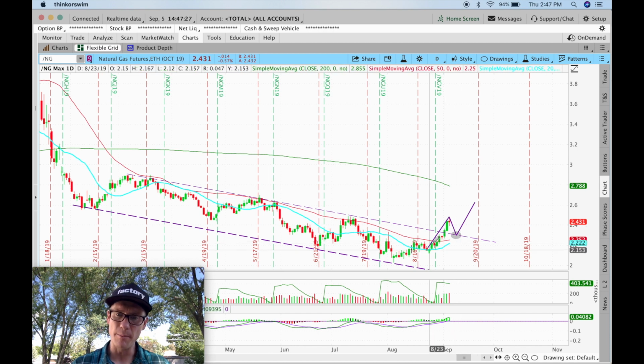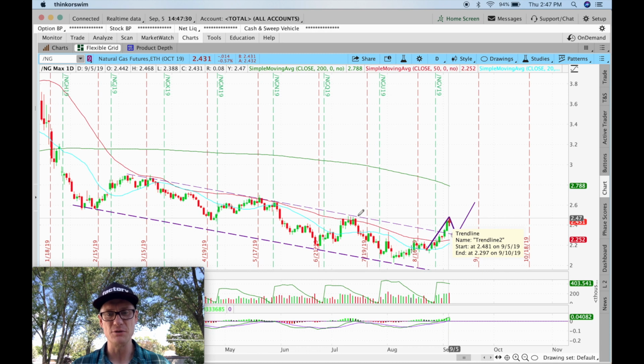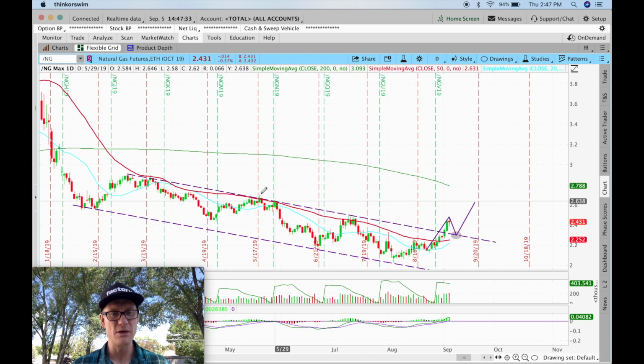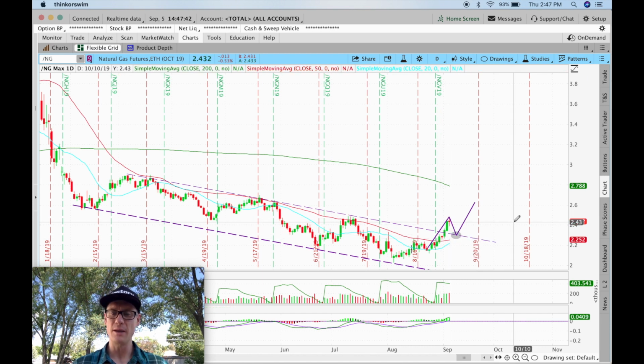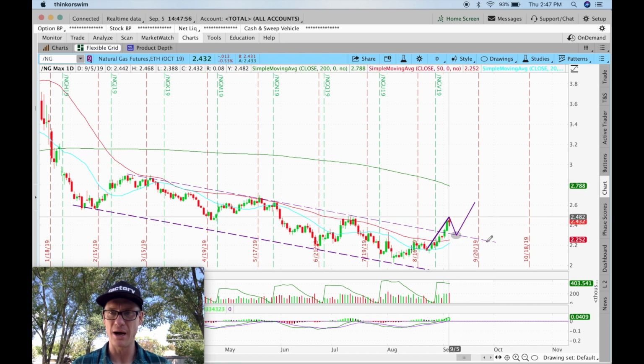So right now we're breaking up and getting a higher high, and that's relative to this point, this point, this point, and this point. We're getting a higher high, and then we're pulling back into the top of that channel as well as kind of back towards the 50 simple moving average. If we hit that level and bounce and go higher, it's this break point right in here. It's the first candle to make a new higher high.